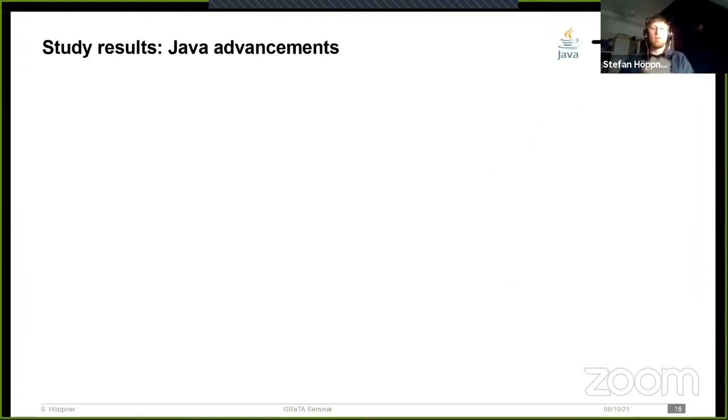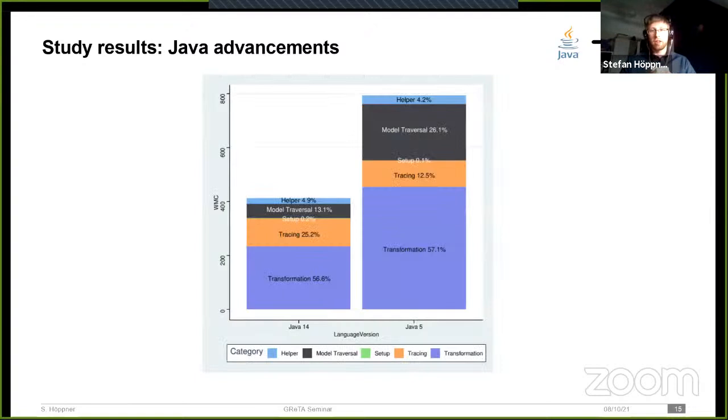Okay, coming to the results, first, the advancements Java made over the years. Here's a figure that depicts the sum of all McCabe complexities of all transformation scripts written in Java, on the left-hand side for Java 14, on the right-hand side for Java 5. And this figure differentiates the complexities based on what transformation aspect is implemented in the corresponding code behind the complexity.